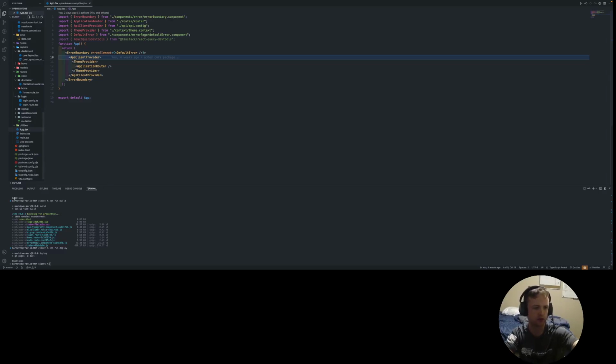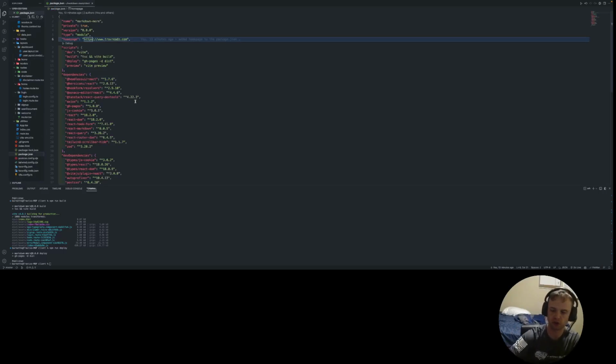Just to go over the technologies that I used, just so you're aware of what I did. I created a front end application using Tailwind, React, TypeScript, and React Router DOM for navigation. I used React Query for state management and API requests, and I used